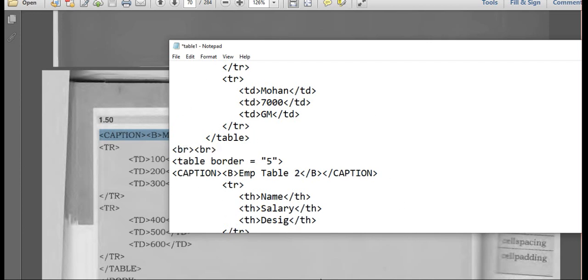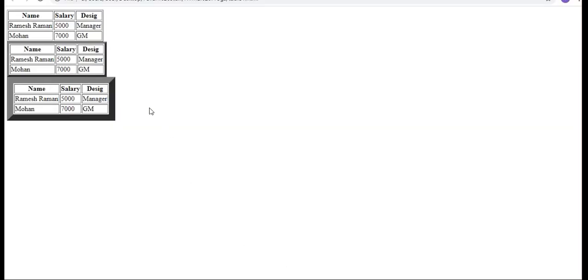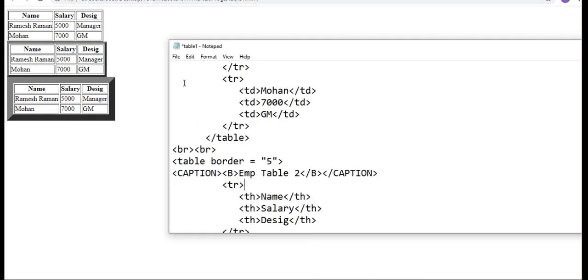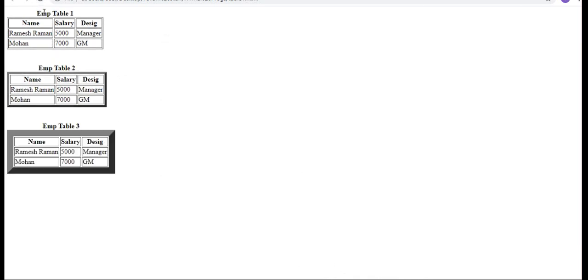See here, you can observe I don't have any space between the tables, right? So if you want to print space in between the tables, we have that BR tag. So I have written it, just try this. See here, example table 1, example table 2, example table 3, I have space. In the previous example we don't have any spaces, but now we have spaces, along with a table name.